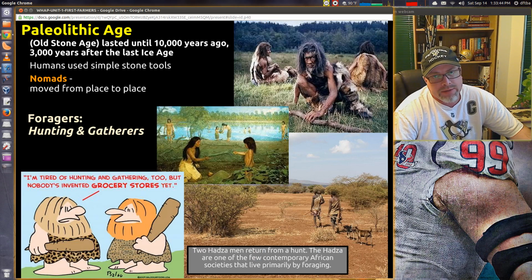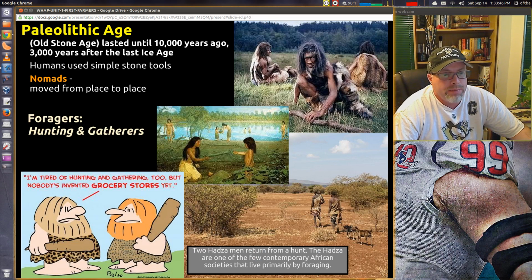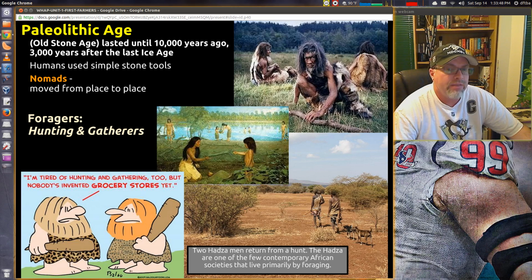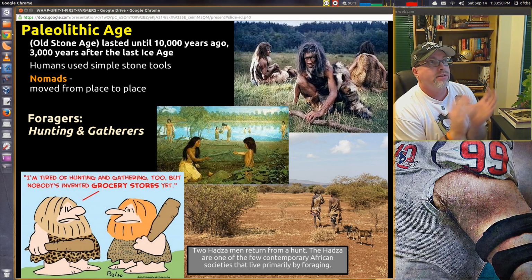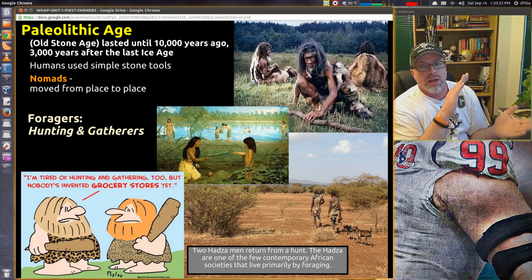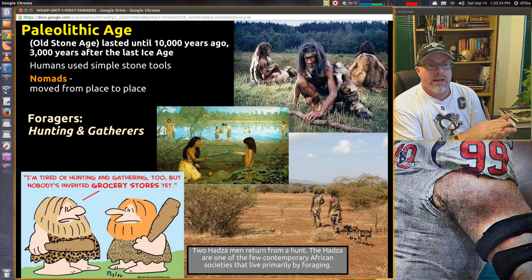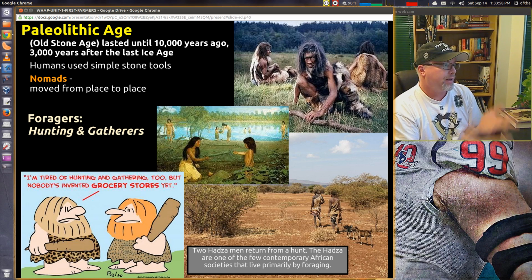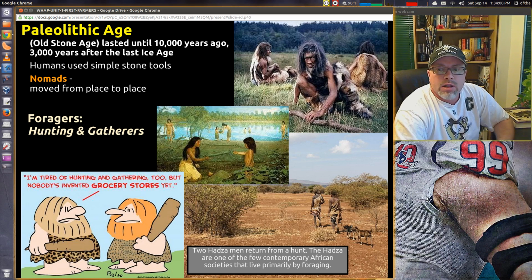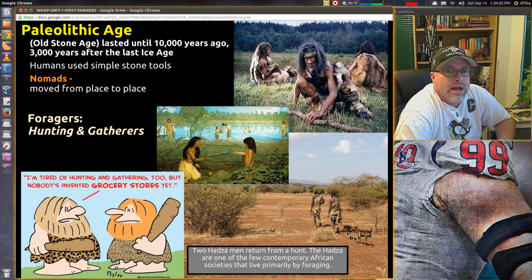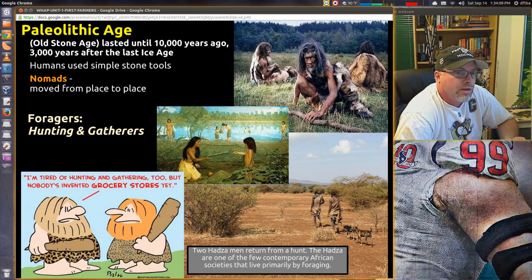This is the Old Stone Age. I kind of tell students that the good way to remember Paleolithic is to think of an old stone. It's been left outside for a long time. So the sun's been beating down on it, and it has become very pale or white. If you leave a piece of lawn furniture outside during the summer here in Texas for certain, the sun's going to beat down on it. It's going to lose its dark color. It's going to become pale over time.